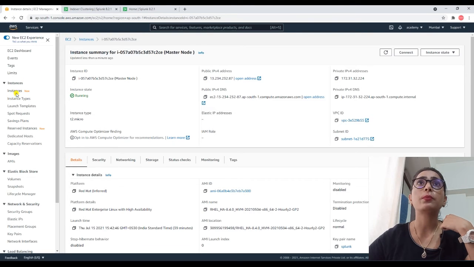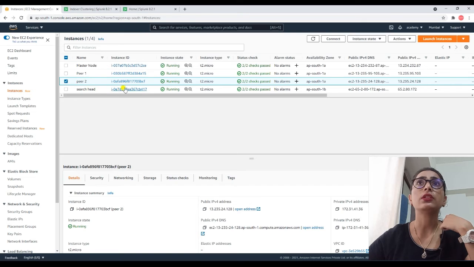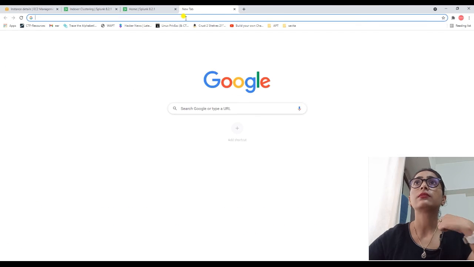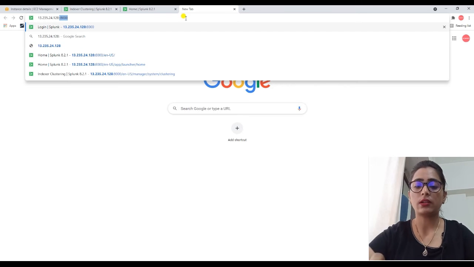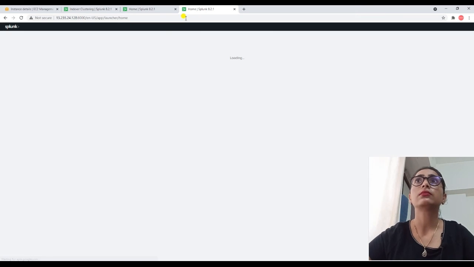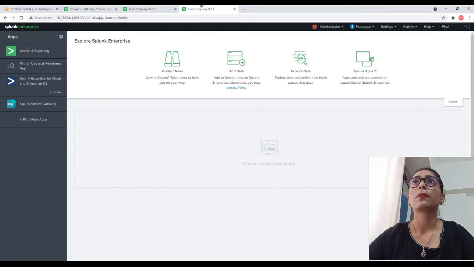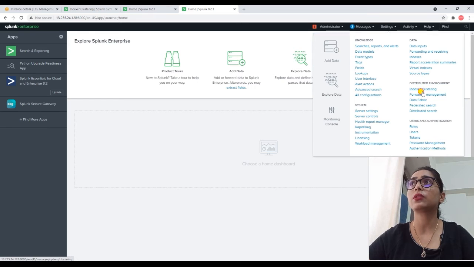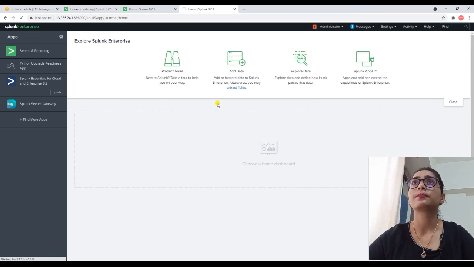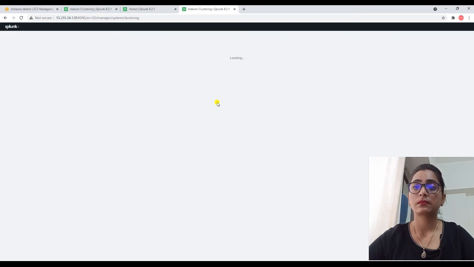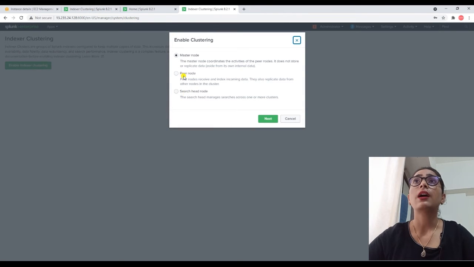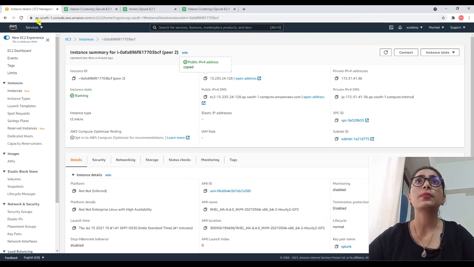And let me create one more peer. For that I'm going to use this machine. Let me copy the IP, colon 8000. Just click on Settings, then Indexer Clustering, and click on Enable, and peer node. If you want to add a search head, I will show you how to add it. Here I have to put the IP of the first instance.